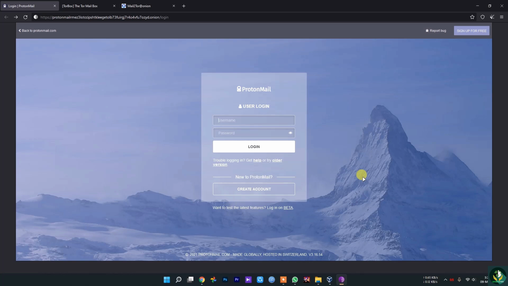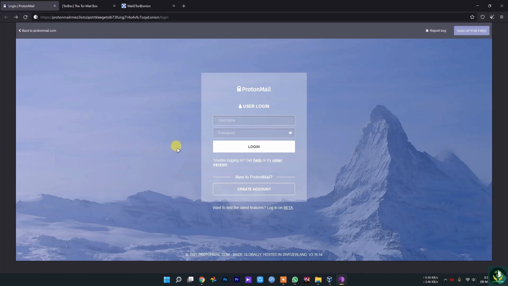So let's actually get started. By the way, all links can be found just by searching on duckduckgo.com. Basically the first one is called Proton Mail. Now Proton Mail is also on the clear web, but it actually does exceptionally well on the deep web or the darknet as well. So here it is.